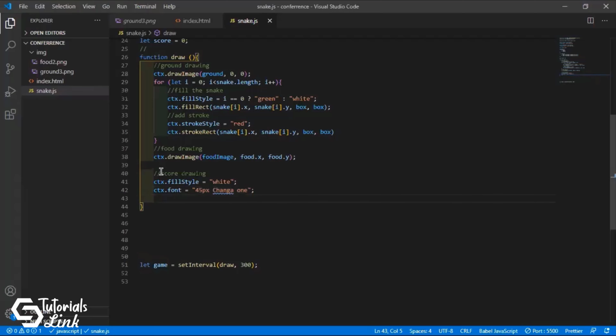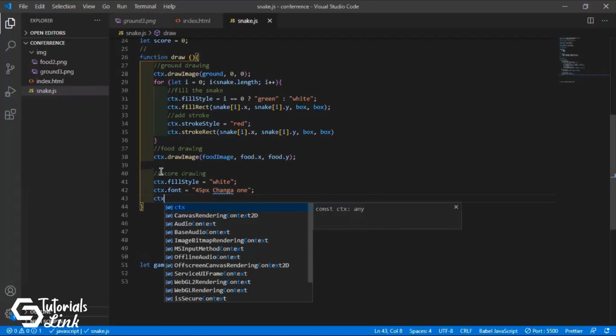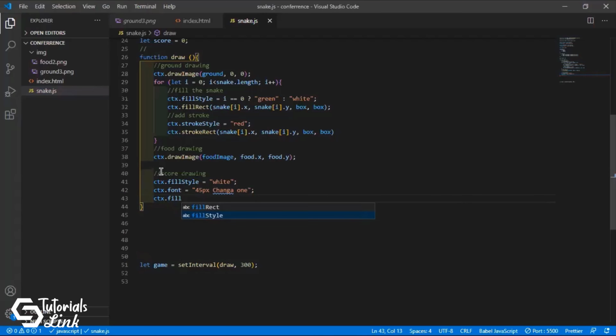And then the next will be ctx.fillText. So you can see that here is fillRect, which means we will fill the rectangle of the snake. There is strokeRect, which means we will give the borderline stroke of the rectangle, and here is fillText, which means we will color the text. And to color the text, which text?